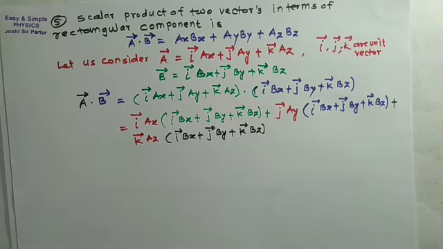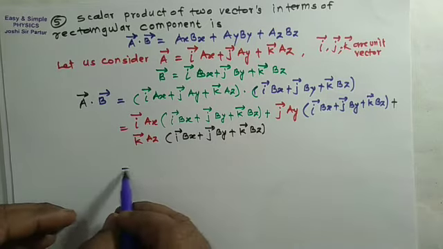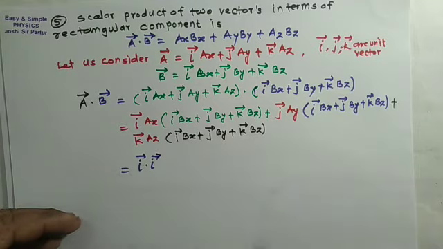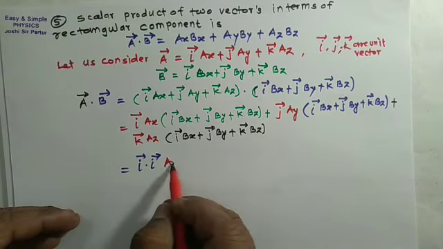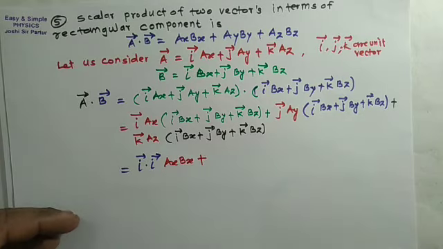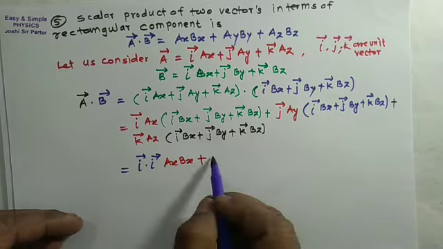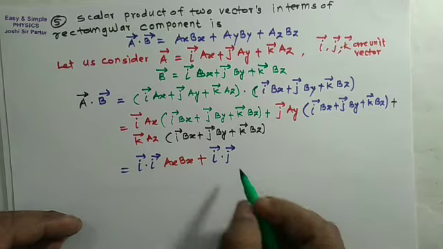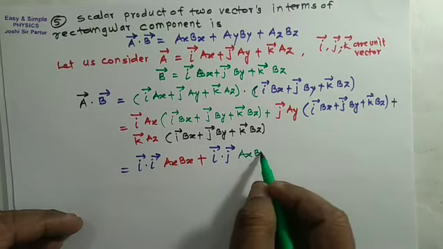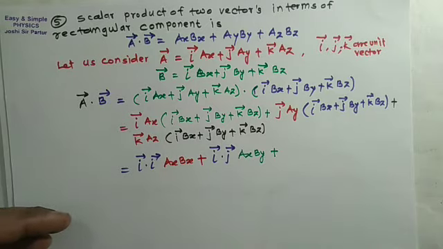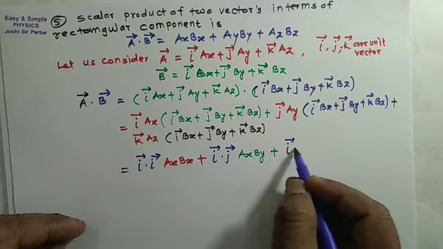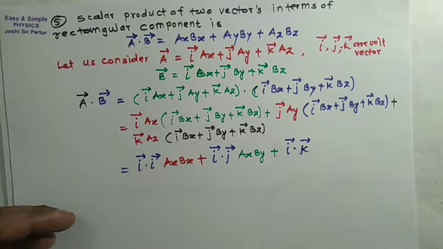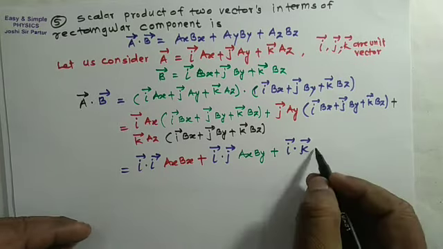If we take their scalar product, we can write vector i dot vector i will be AxBx plus vector i dot vector j will be AxBy plus vector i dot vector k will be AzBz